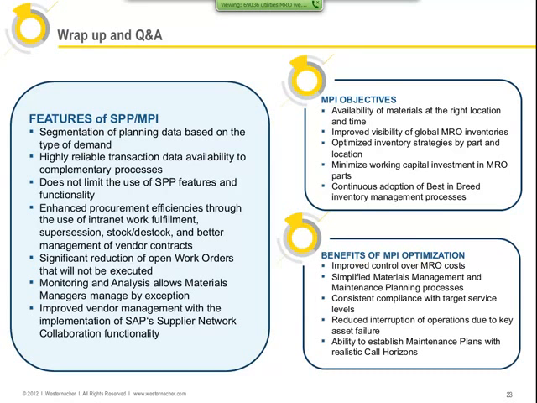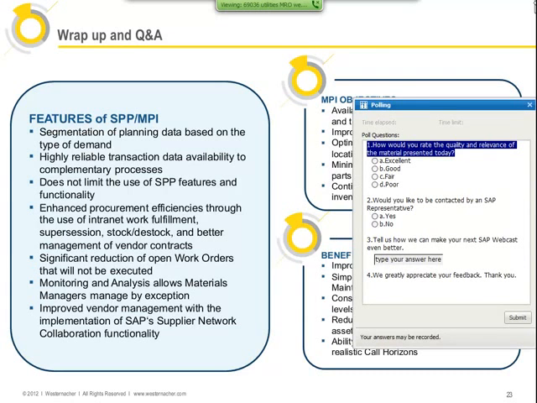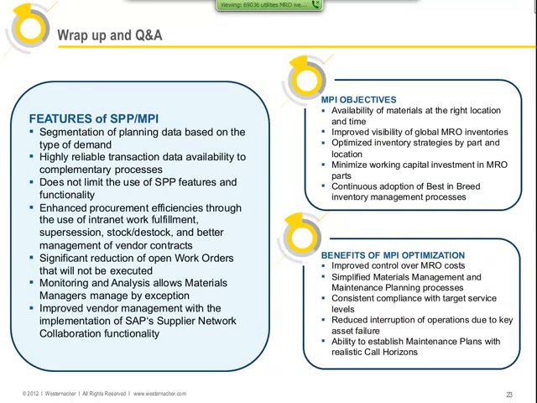The next question, David, again, this one's going to be for you. How would maintenance parts planning work without MPI? So that is just with ECC PM functionality. With ECC PM functionality only, we're reliant on what our inventory levels are and standard MRP replenishment of consumed parts to the work orders.